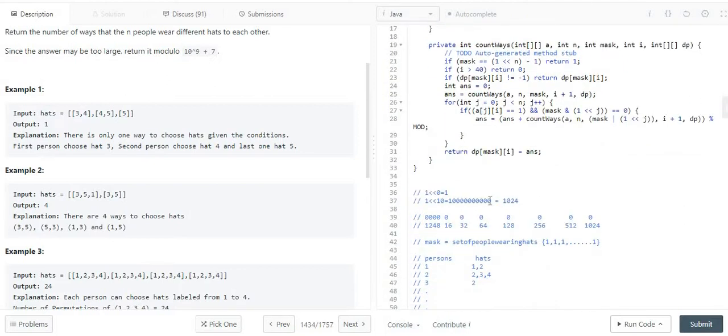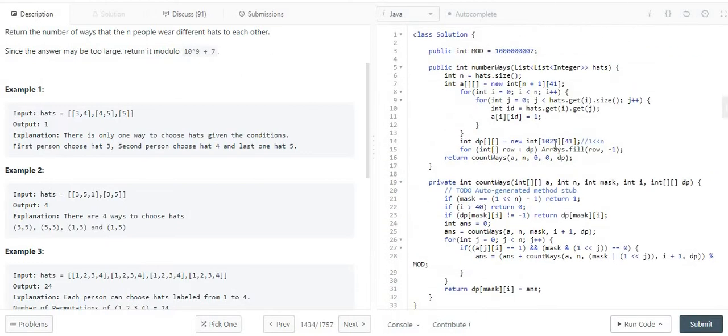So 1 shifted 10 times to the left means it is 1024. And as I said, to avoid the index out of bound exception, I incremented the value by +1, and this is the number of types of hats. Okay, apart from that, initially I am setting my whole dp table to -1,